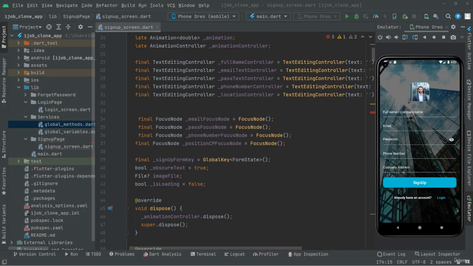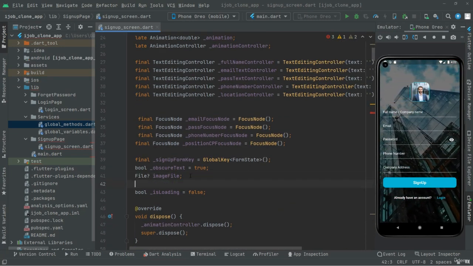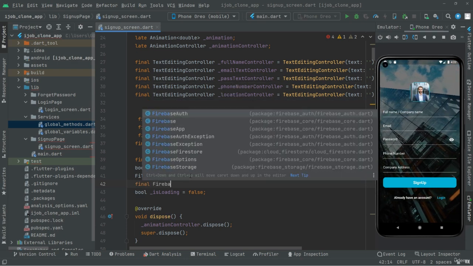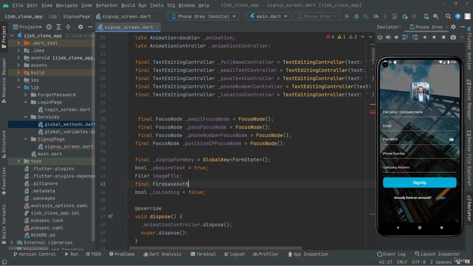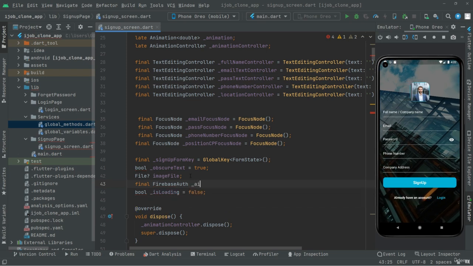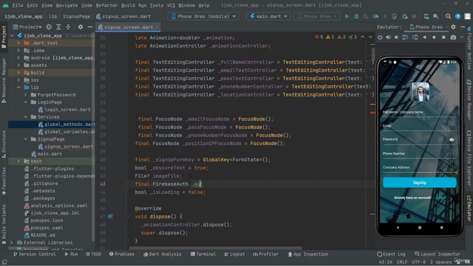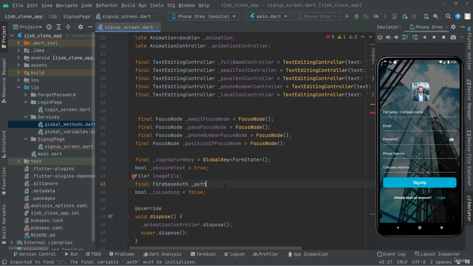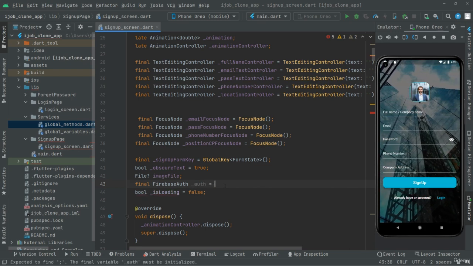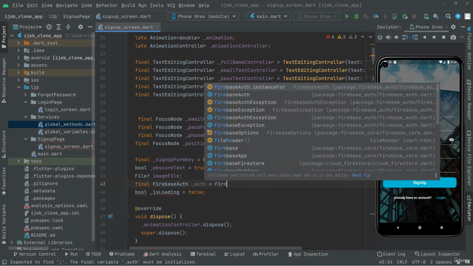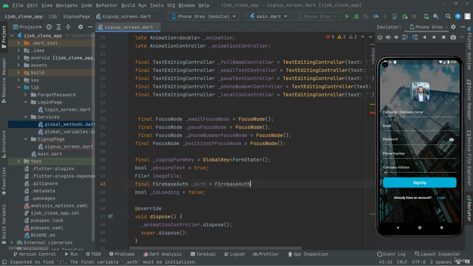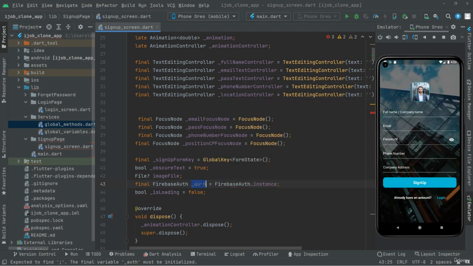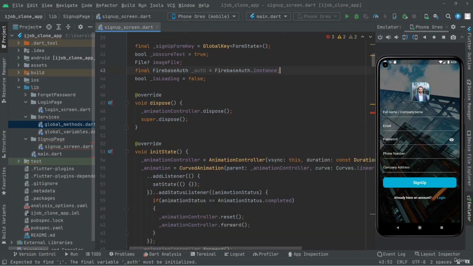Right down below this image file, in here we will say final, and let's create that instance Firebase auth. Gonna name this as auth. It's gonna be private, as you guys can see. And then what we will do, we will say Firebase auth dot instance. Now we will simply use that. Let's go down